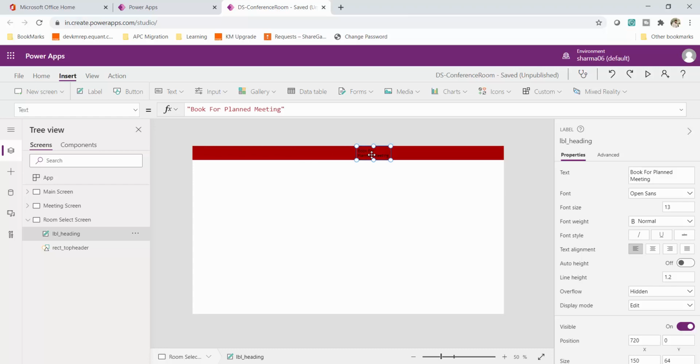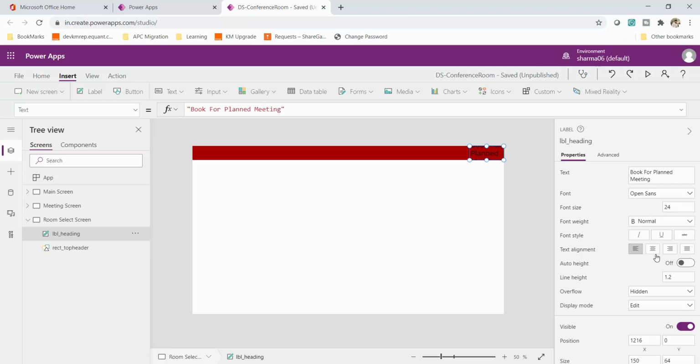Let me move this heading to the extreme right. I'll place it over here and then change the font color and font size. The font color would be white. I will keep the font size as 24.